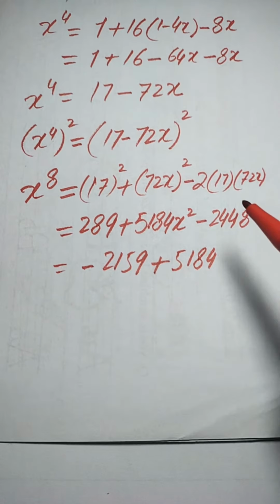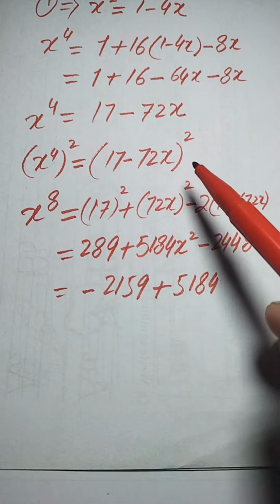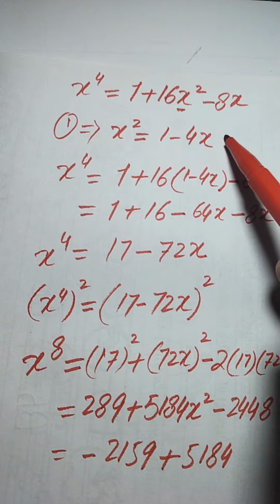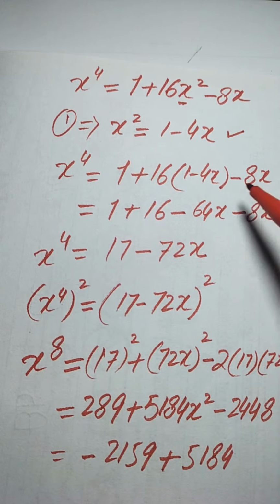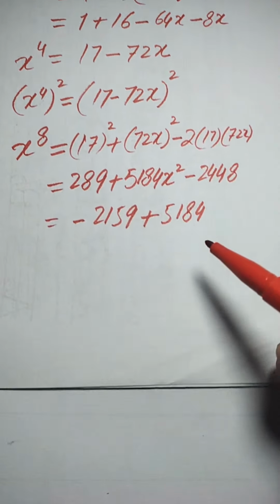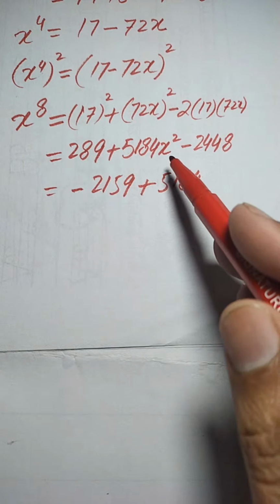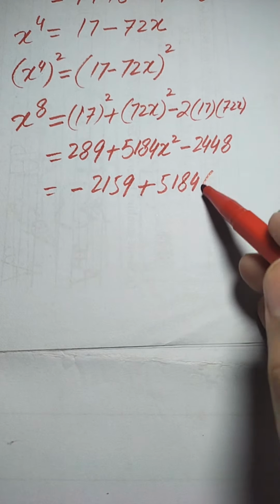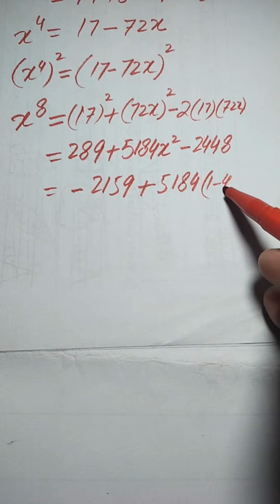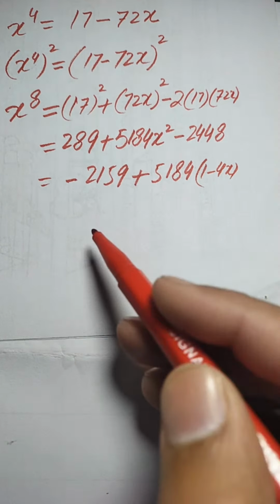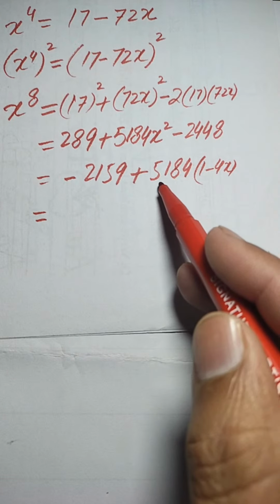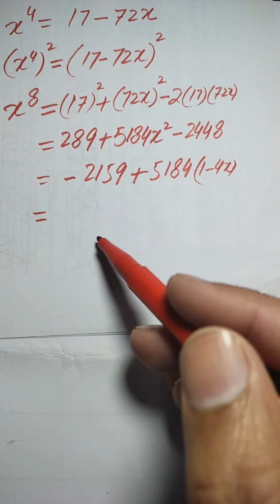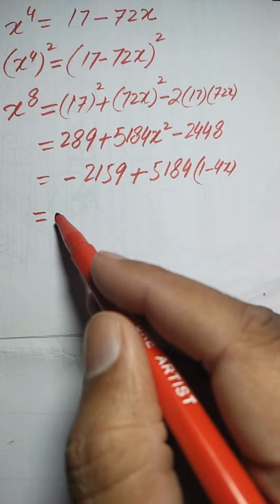So here we again use our equation number 1. So this is our equation number 1. Here we have the value of x square is 1 minus 4x. So we substitute this value of x square here. So when you put this value here it becomes 1 minus 4x. Okay, so here further we need more simplification, and now we multiply this value separately on both of these two terms and it will be written as minus